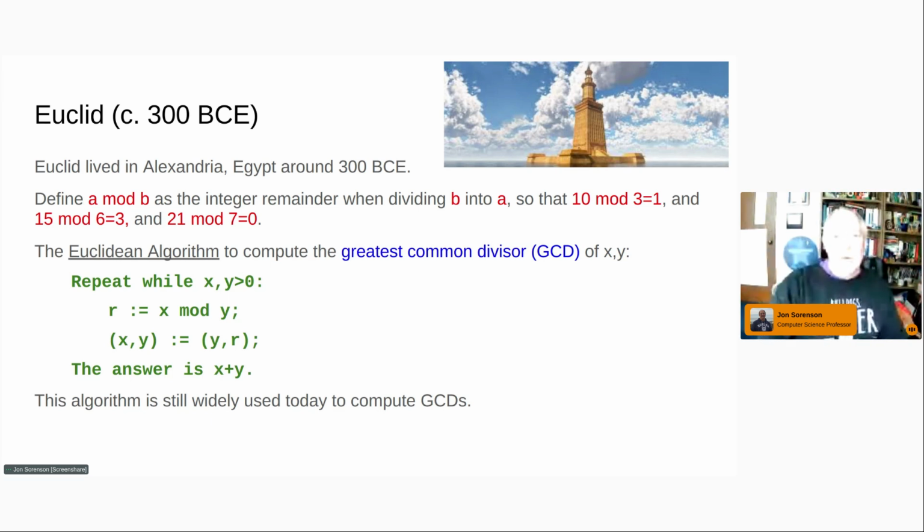So this is what you use. And in green here, you can see the steps of Euclid's algorithm. So it basically has a simple loop, and you do this mod operator. And when you're done, the answer is computed for you. And so I get excited about greatest common divisor algorithms. I know that's not everybody's thing, but I got to choose what's in the talk. So here we are. Now, one of the other things I like is dinosaurs, and I don't think I worked dinosaurs into the talk at all, but we've got Euclid here.